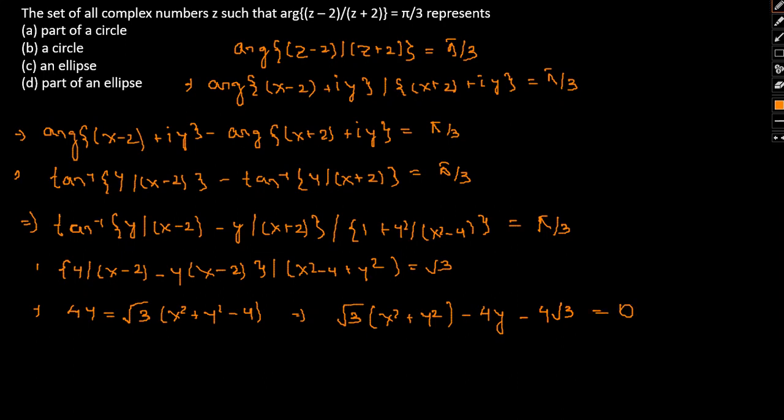If we take a look at this equation, this is nothing but a part of a circle. The argument basically represents the principal value. So if we compare with the equation of a circle like x squared plus y squared plus 2gx plus 2fy plus c equal to 0, it is on a similar note. So that means we can say that this particular locus is a part of a circle. So option A is our correct answer.